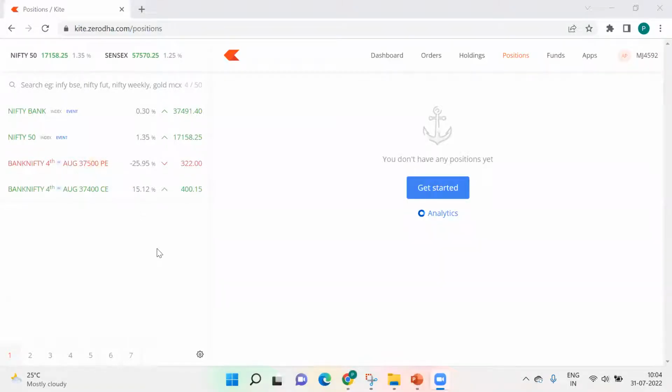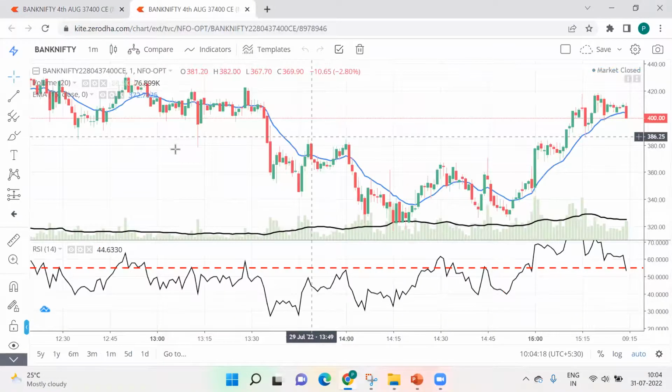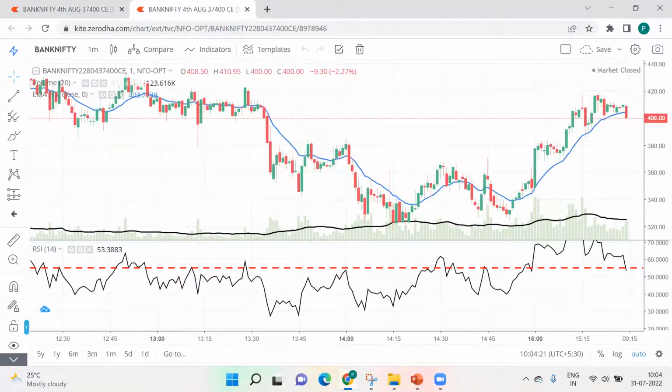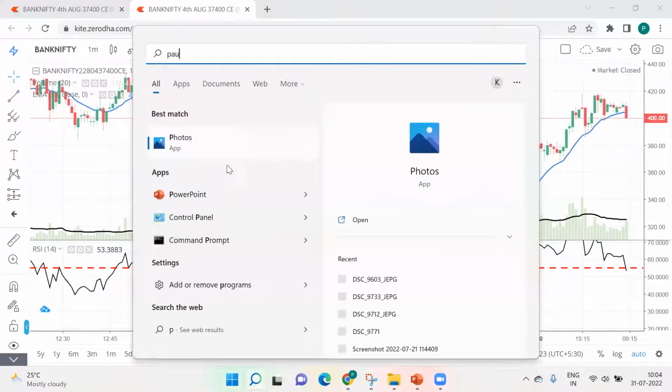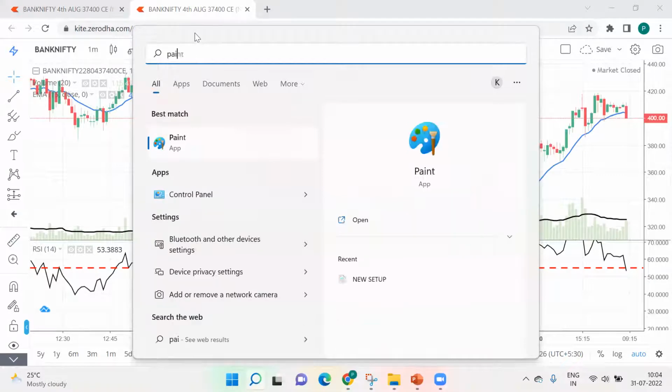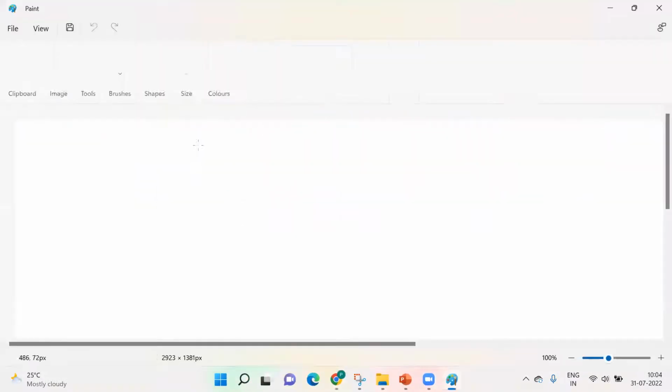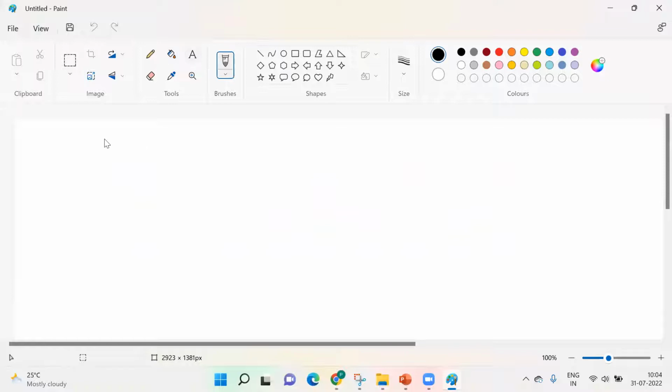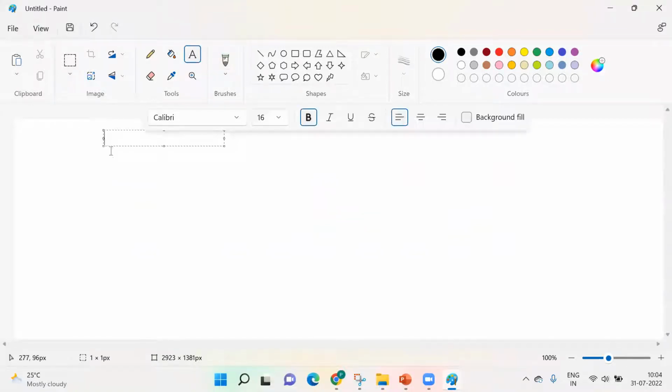Let's go directly to the charts, so we don't waste much of your time, because today is the weekend. We'll directly go to the chart and see the setup. First I will tell you which indicators we need for option buying. Simply, we need an EMA, exponential moving average of 15, then we need volume, and we need an RSI with the setting of